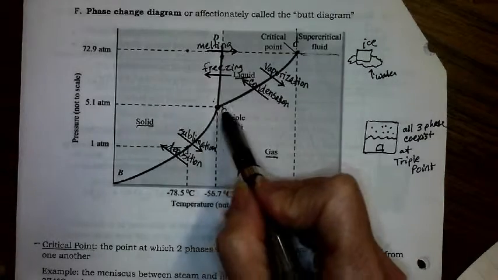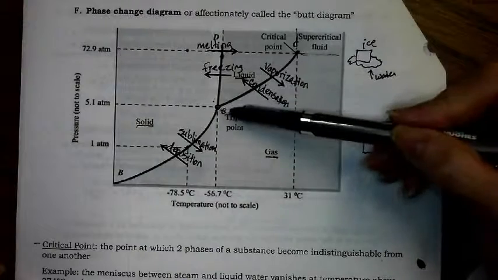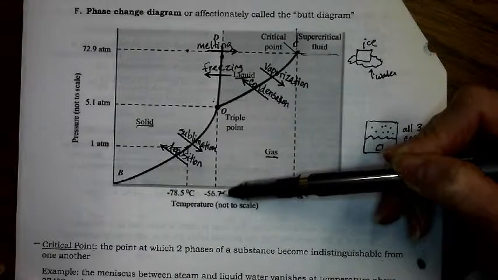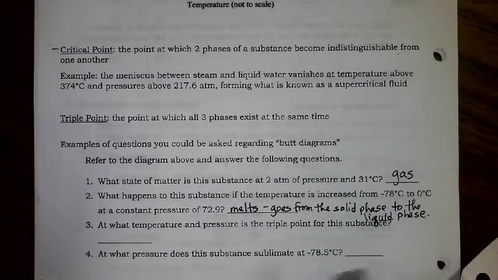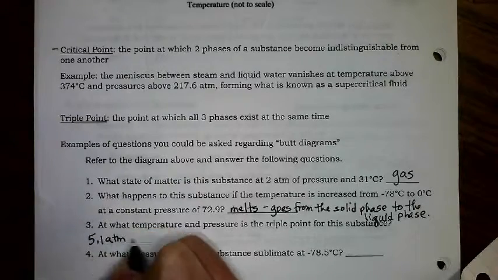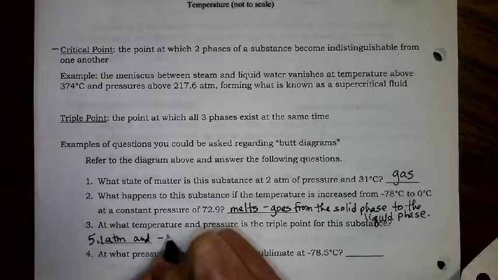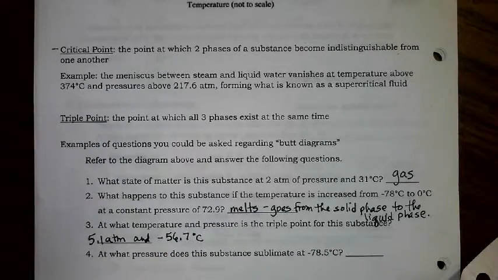So that is at a pressure of 5.1 atmospheres and a temperature of negative 56.7 degrees Celsius. So we're going to go down and fill in our answer. We'll say 5.1 atmospheres and negative 56.7 degrees Celsius. So at this pressure and this temperature is where the triple point occurs, where all 3 phases